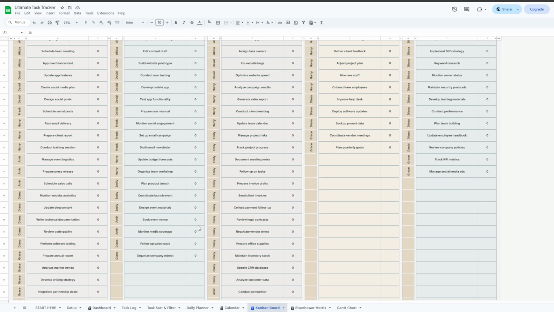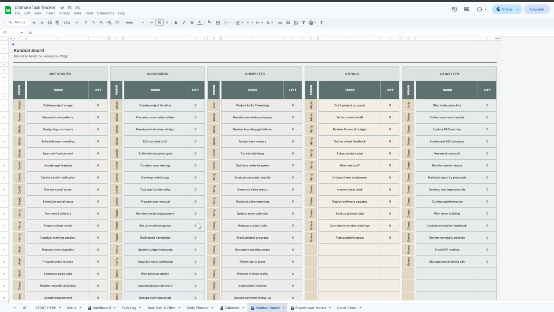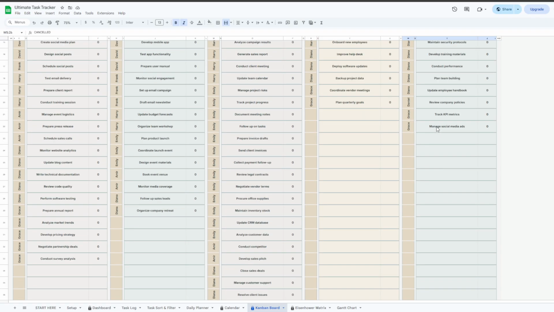This tab is fully automated, so there's no manual input required from your side. It has been carefully structured into 5 different sections, each one representing a stage of task completion status. This layout allows you to visually track the progress of every task in real time without needing to update anything